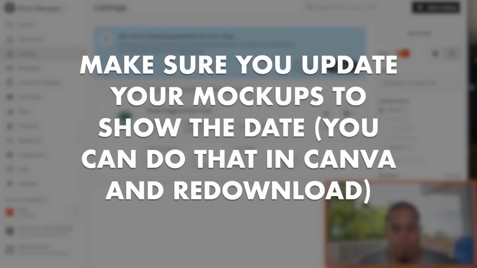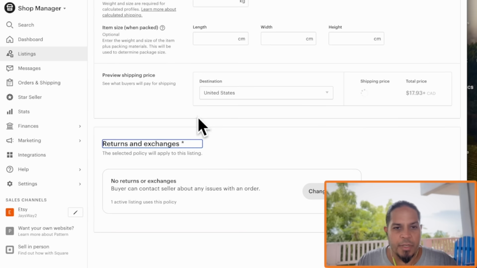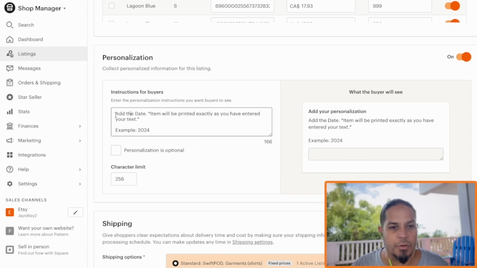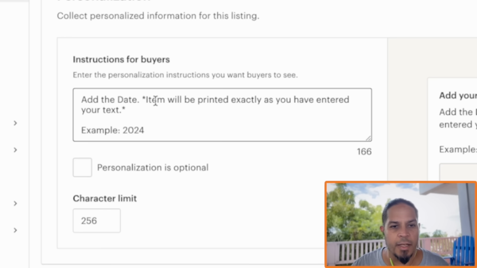And now that it's in here, we want to enable personalization. So I'm just going to click on the item here to go into it. We'll just turn this on, and then instructions for buyers, you're going to want to put something like add the date, and then make a little note that the item will be printed exactly as you have entered it. And then I always put an example, so you can put 2024, or you could put, for example,